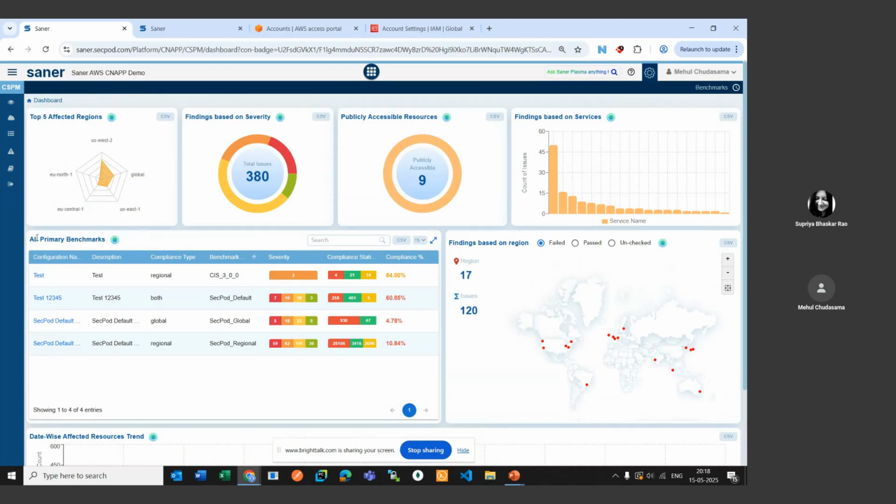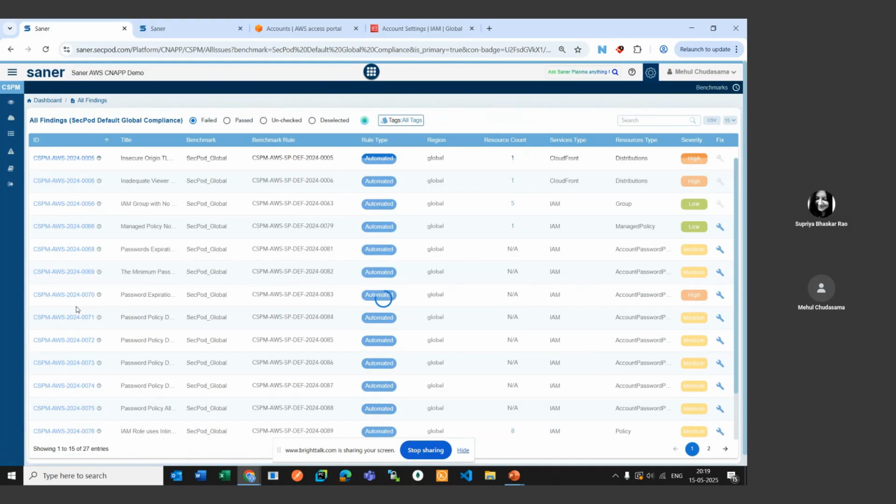This is the benchmark section, which contains a few of the default benchmarks and also the custom benchmarks that we have created.